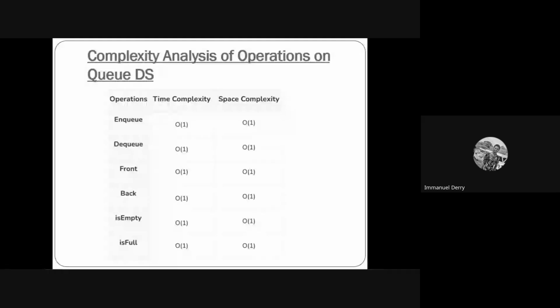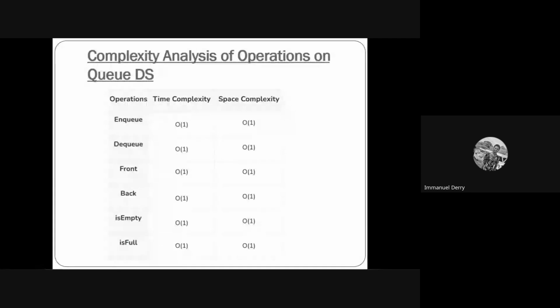And if you can remember from your algorithm classes, you know that whenever an operation has a big O of 1 notation, that is very much desired compared to the other notations like big O of n raised to the power 2, 3, 4, or big O log n, and all those. So this basically means that if you have a program you want to write in a computing system and much of the operations that you're going to be performing involve these 6, then it is best for you to use